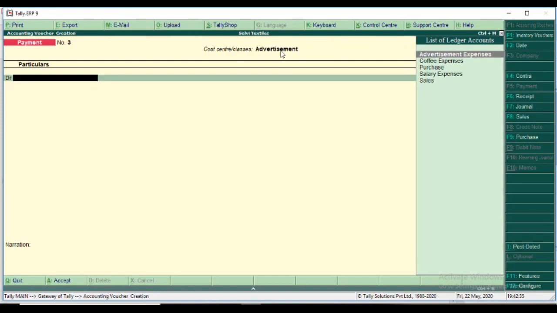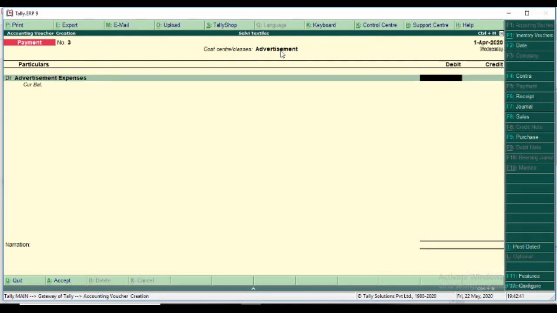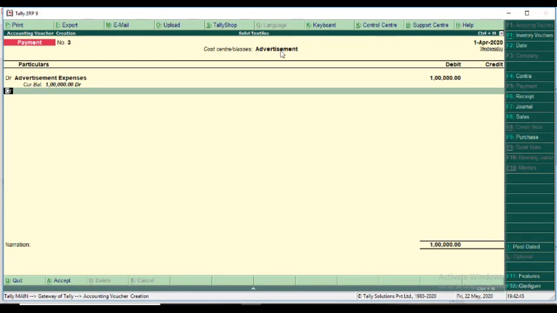So I enter it, and then Dr is advertisement expenses, totally 1 lakh. Here Tally does not ask for any manual allocations. You know, with the salary expenses and coffee expenses, you enter Dr as coffee expenses, amount 4,500, and suddenly it goes to the allocation screen.